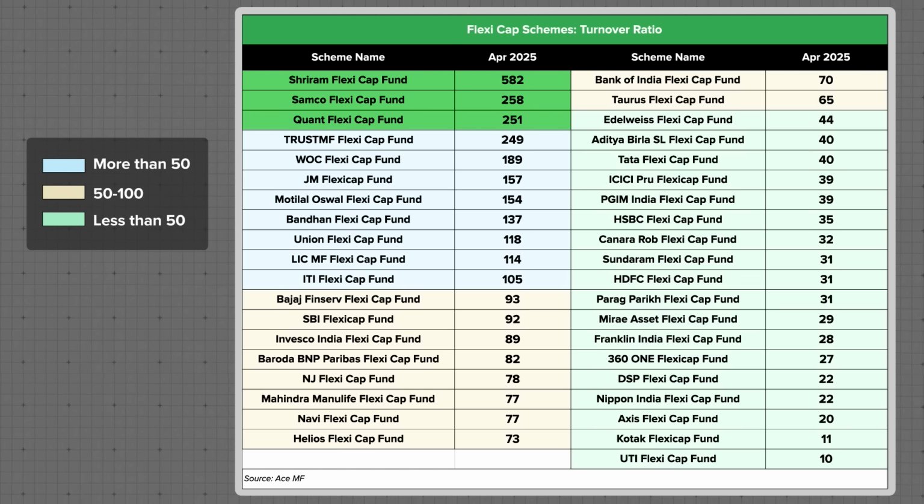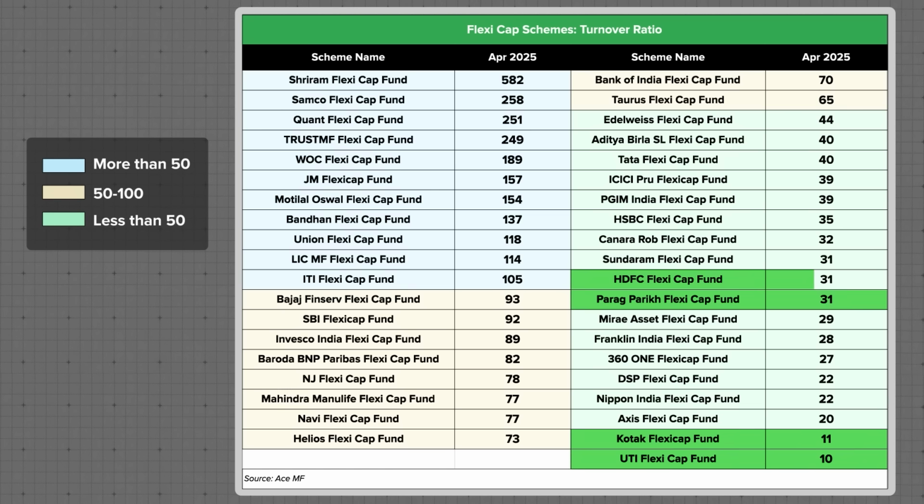tactical investing style. Now, contrast that with funds like UTI Flexi Cap, Kotak Flexi Cap, Parag Parikh Flexi Cap, and HDFC Flexi Cap. All of these maintain turnover ratios well below 35%. Now, these funds clearly adopt a buy and hold approach, placing greater emphasis on conviction, long-term fundamentals, and minimizing transaction